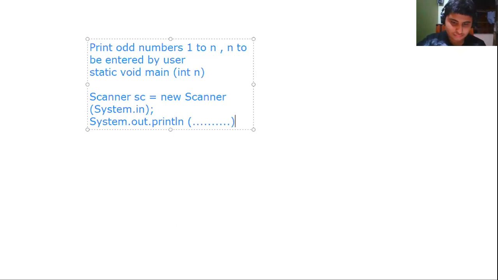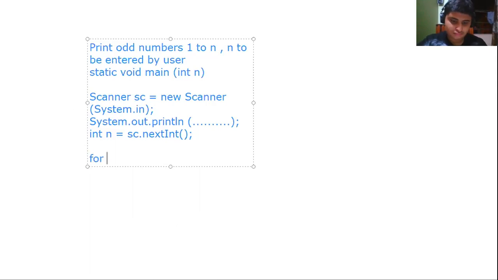So there is the input method. First, you are writing static void main with int n. Here you are writing Scanner sc = new Scanner, System.out.println, enter the number, and int n equal to. Then afterwards the remaining part is going to be the same.